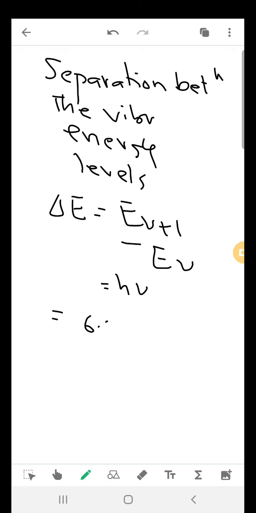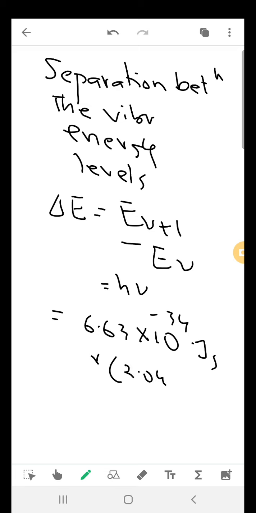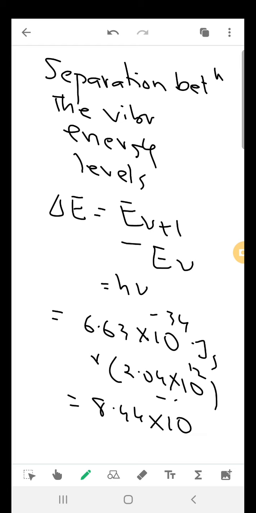Simply have to write 6.63 into 10 to the power minus 34 joules second multiplied by the value of nu that we have obtained. It is 2.04 into 10 to the power 12 cycles per second, and we get the value of separation as 8.44 into 10 to the power minus 2 electron volt. So this is our